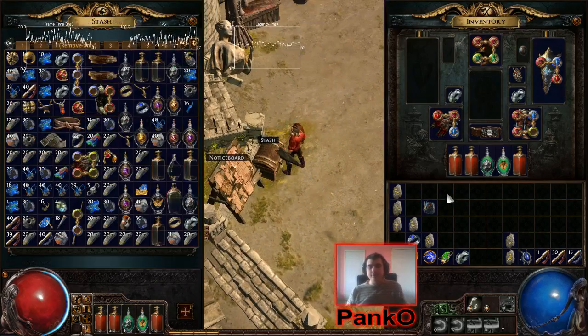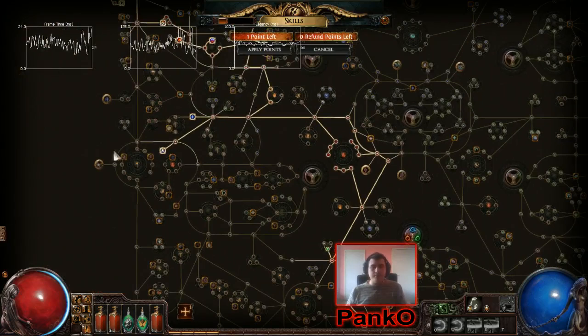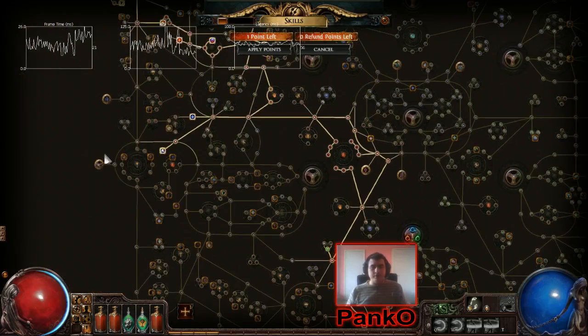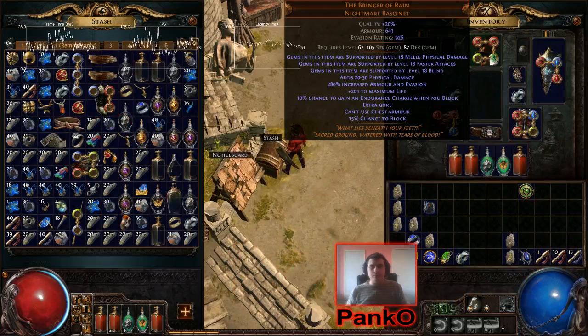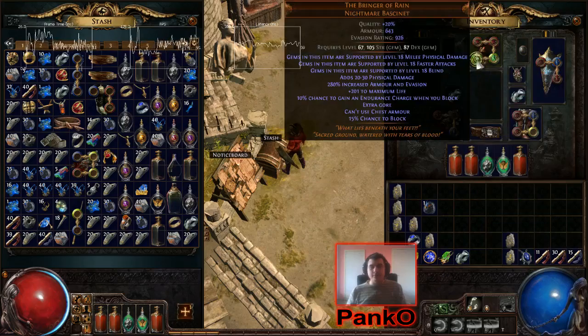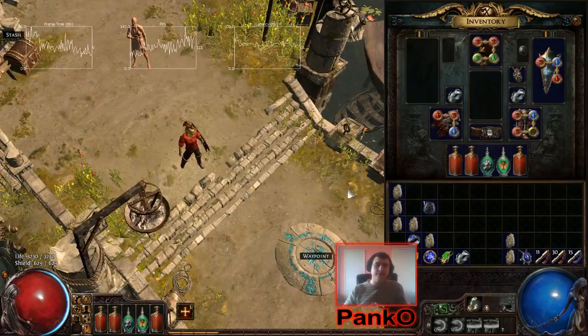I haven't finished the build yet. I need pretty much 80 levels so I can pick up this and this node, 3 more nodes. And when I pick these 3 nodes, I'm gonna remove this additional accuracy gem, and I'm gonna put a life leech gem, and then I'm gonna put this amulet on the place of this one. However, I'm gonna talk about the current stage of the guy, how he works at the moment,